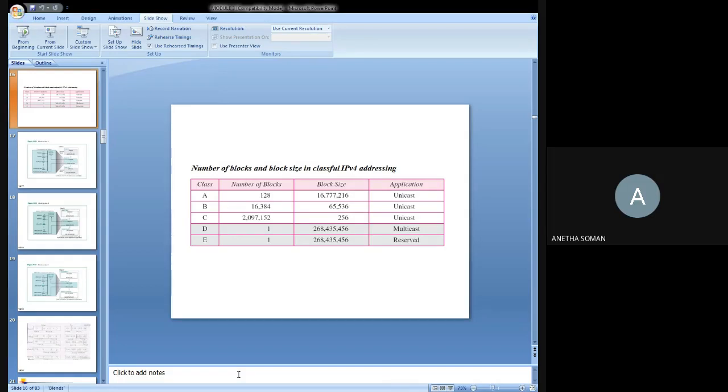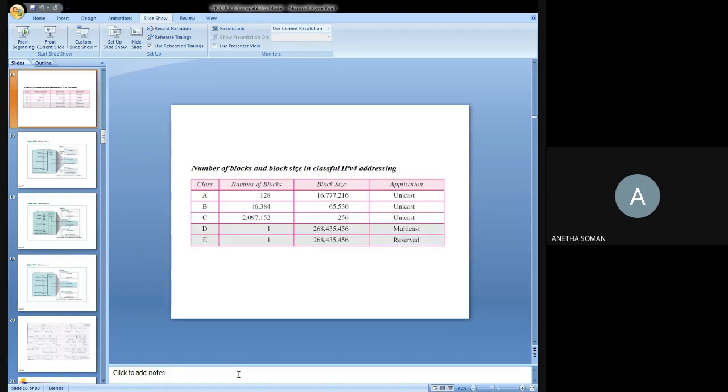Okay, so the number of addresses provided for class C is 256. Imagine you have 2,097,152 organizations, and each organization is provided with 256 addresses. So class C is meant for small organizations. Whatever it is, if it is small, each organization is having only a few addresses. That means one particular organization can have a maximum of 256 addresses only.